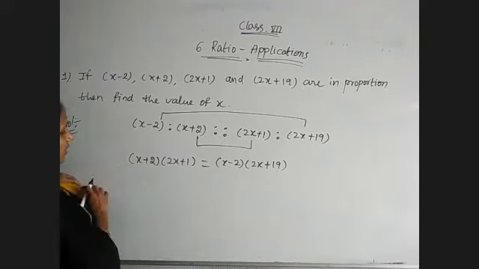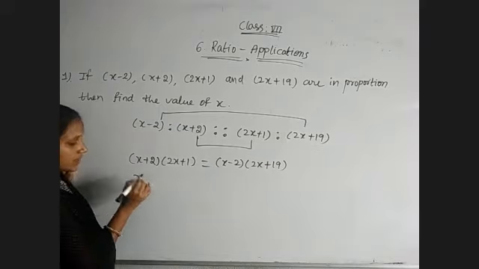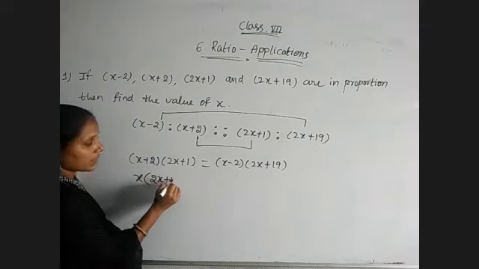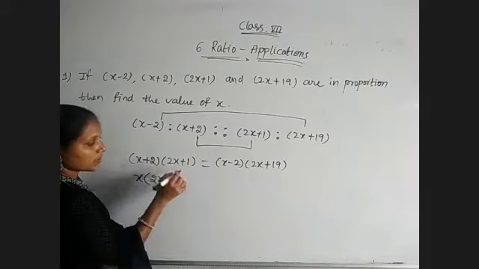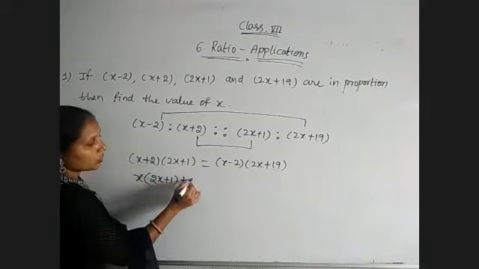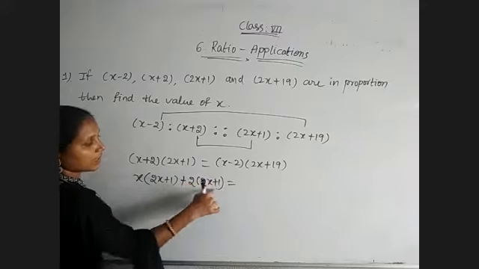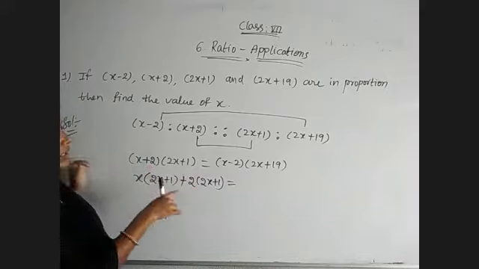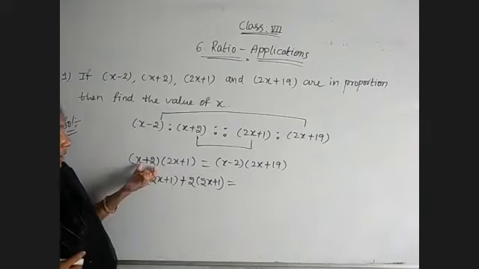The first term of the first expression is x. We need to multiply it with each and every term of the second expression, and between them, plus into plus only is there. So 2 into 2x plus 1. Each and every term of the second expression we must multiply with the second term also. That is the multiplication of two expressions which are binomials.